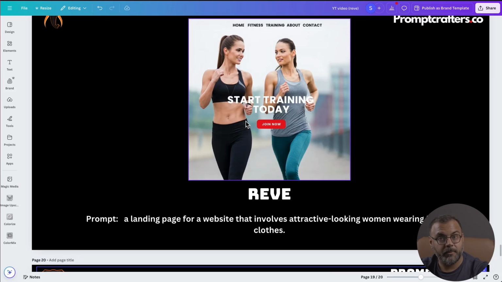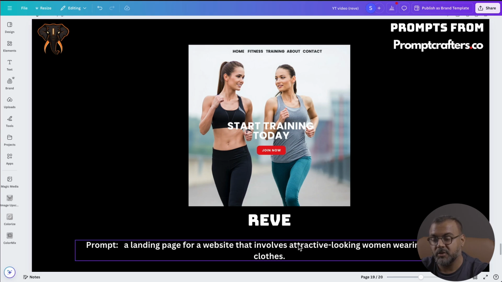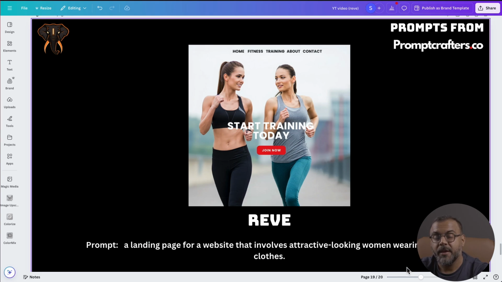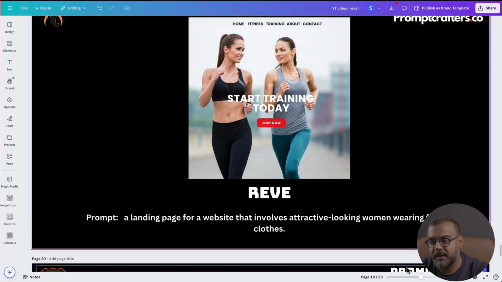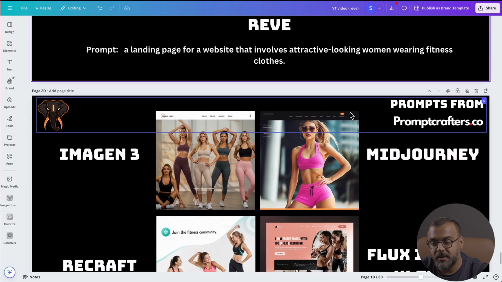And the final prompt I'm going to be testing out is, how does the 4.0 model create a website mockup? So the prompt is simply a landing page for a website that involves attractive looking women wearing fitness clothes. It's for a fictional fitness brand website. Again, here Imagen actually performed the best